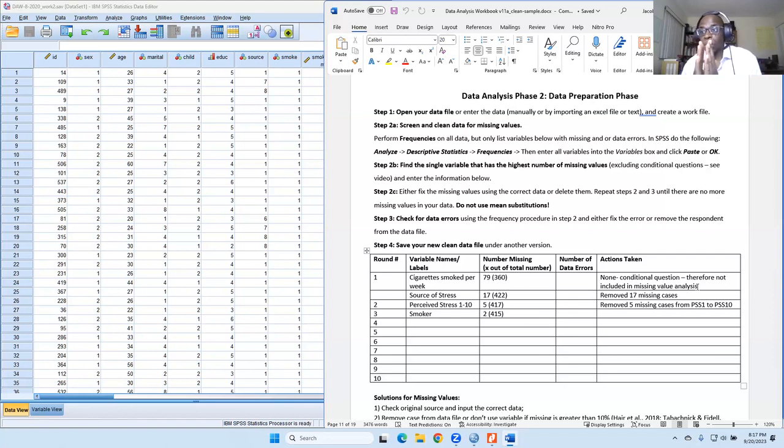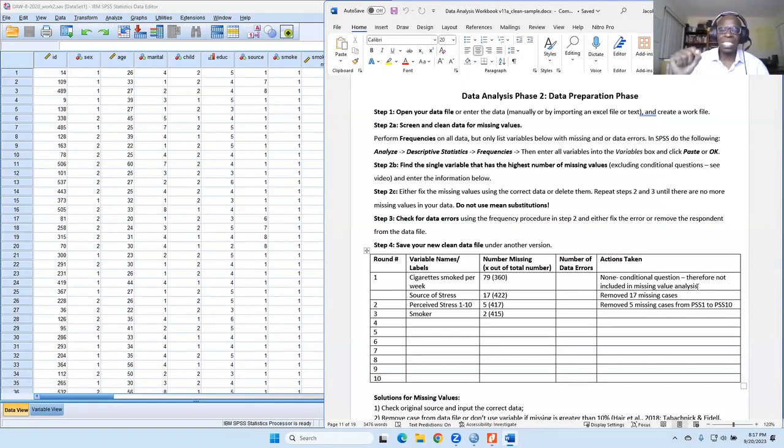So what we did legitimately is we went back to the original source. We looked at the ID numbers for each of those 17 people, and we tried to see if there was some kind of mistake, the number didn't get transferred over, and so on and so forth, right? So we found out, hypothetically, that these were all missing, and we deleted them. Then after we deleted them, we went to round 2.